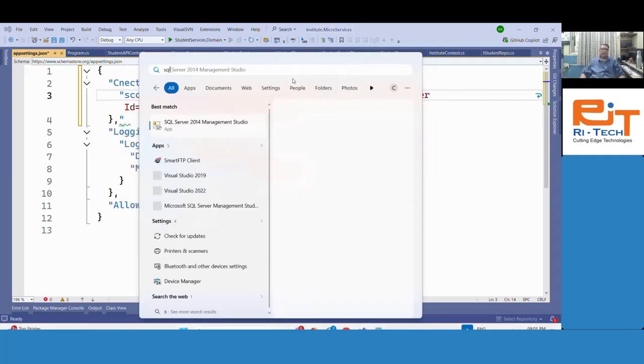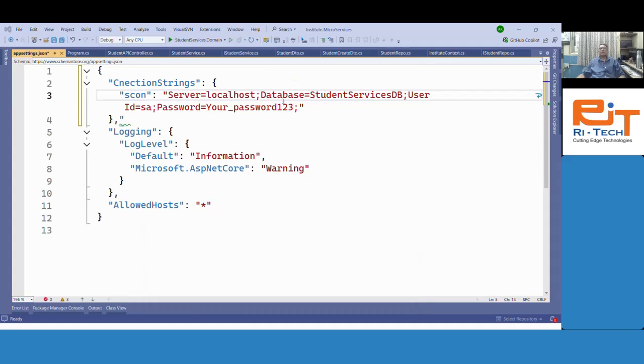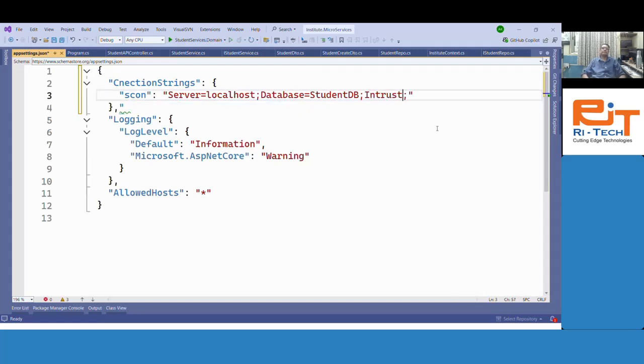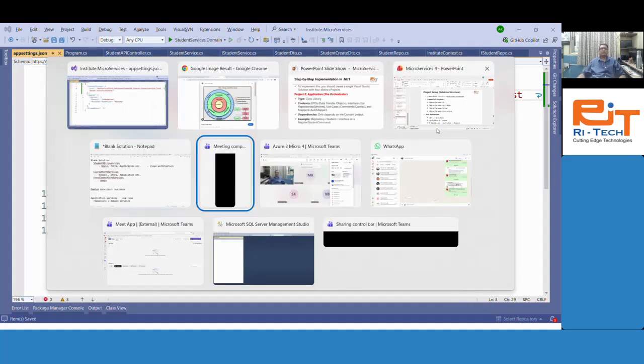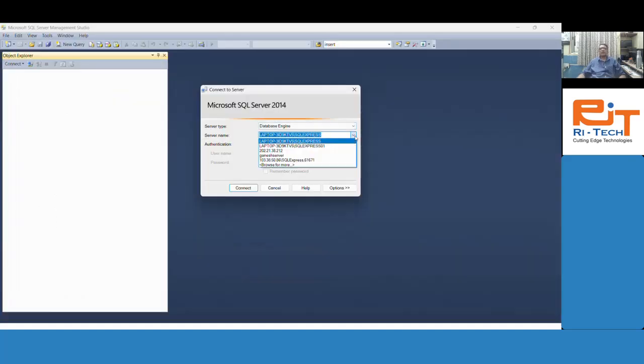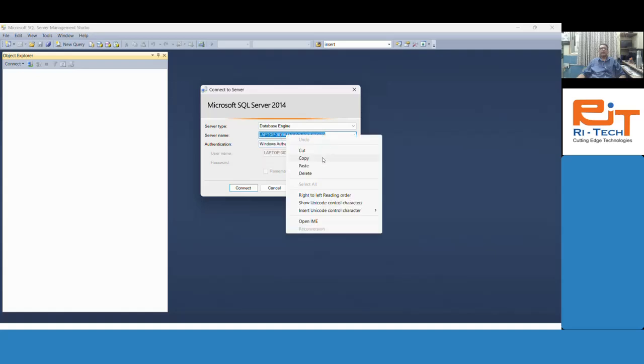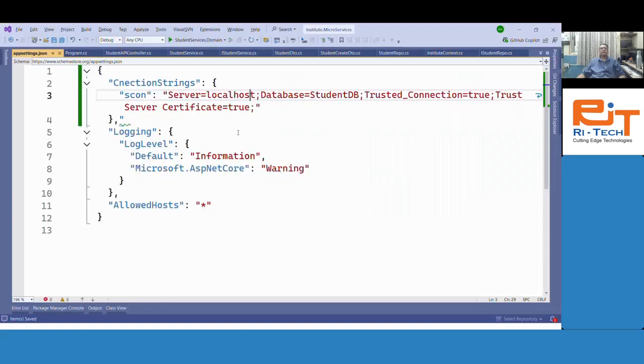I'll copy the server name from SQL Server, and for student DB we'll put the database name. We are not using a user ID and password here, so we'll use the